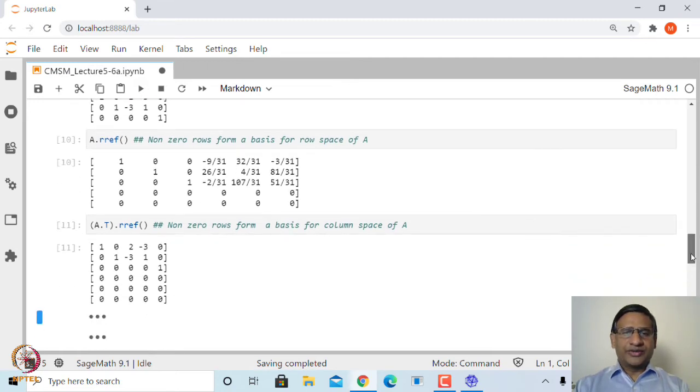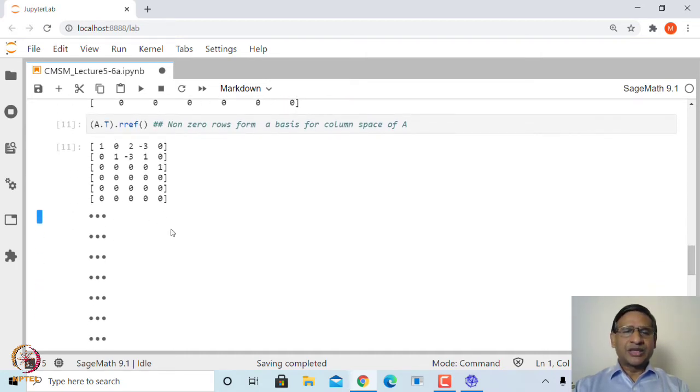So, we have seen how to find two subspaces associated with a matrix, namely the row space and the column space, and we also know that the dimension of the row space and the dimension of the column space are the same, and that is called the rank of a matrix.